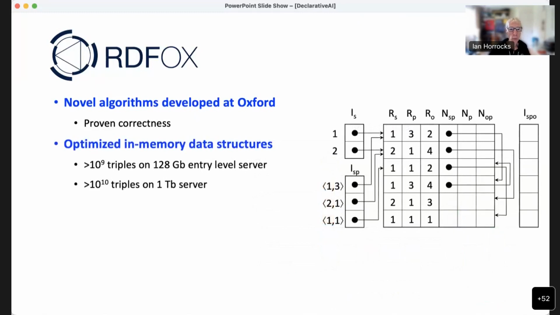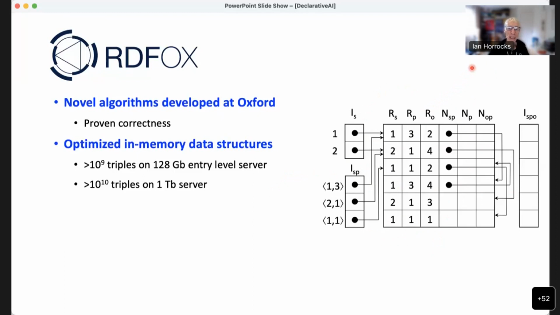So how does it all work? Well, first of all, one of the core parts of RDFox is an optimized in-memory data structure. We store all of the triples in memory, mainly in a large triple table. And this triple table is multiply indexed, which is a relatively common feature for RDFox. But we try to make sure that this data structure is also reasonably economical in terms